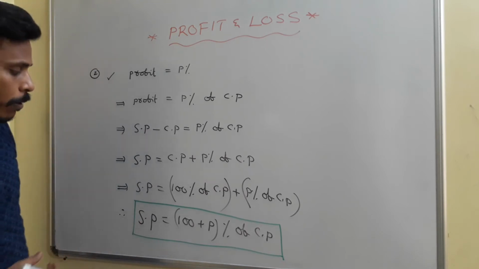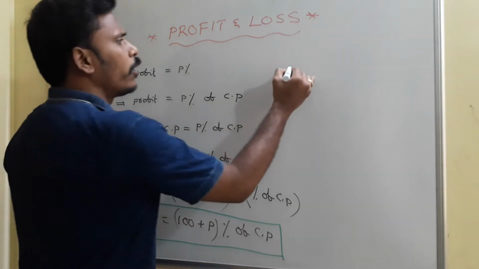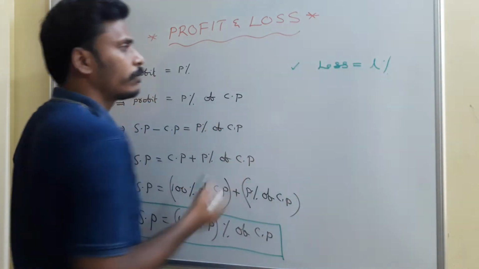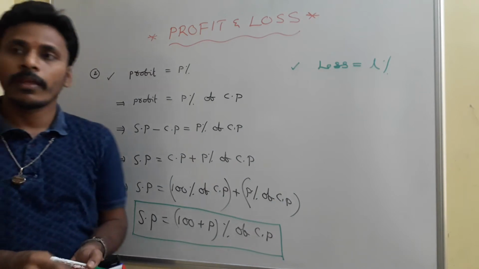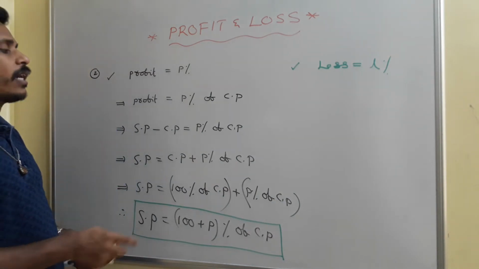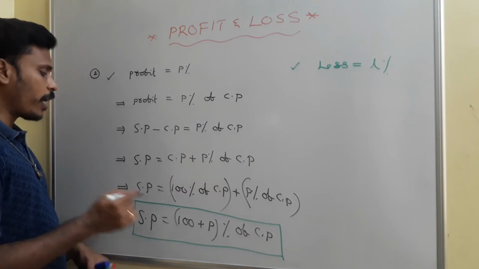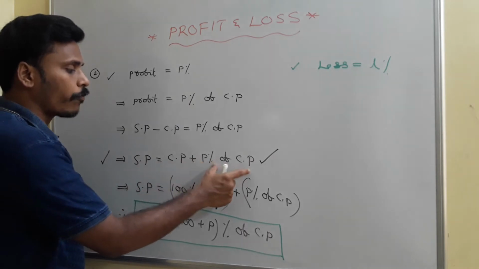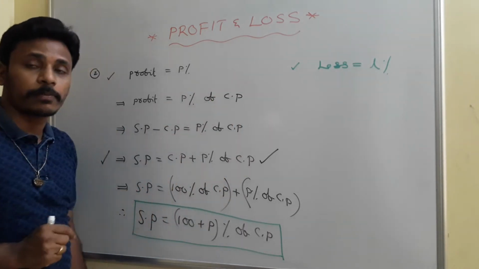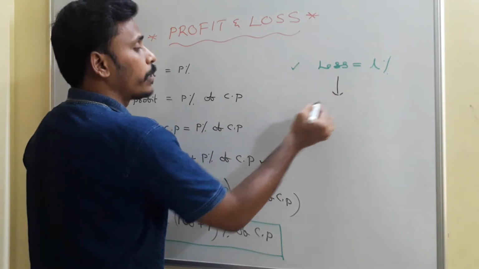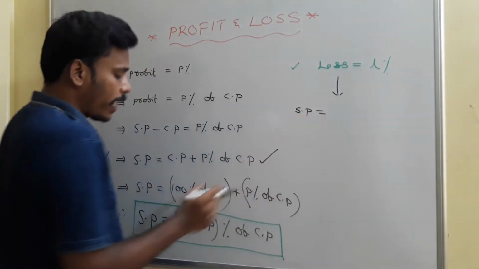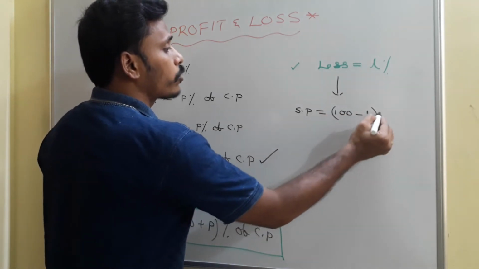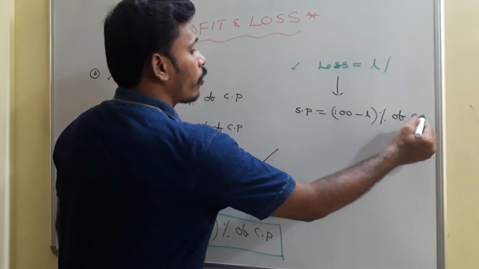and simplifies many problems. In a similar manner, if I have a loss of L%, since there is a loss, we have to subtract that loss from the cost price. Pay your attention on this step once again. Selling price is equal to cost price plus profit. Here selling price should be cost price minus loss. So if the loss is L%, then to establish the relation between selling price and cost price, we need to write that selling price is equal to 100 minus L% of cost price.